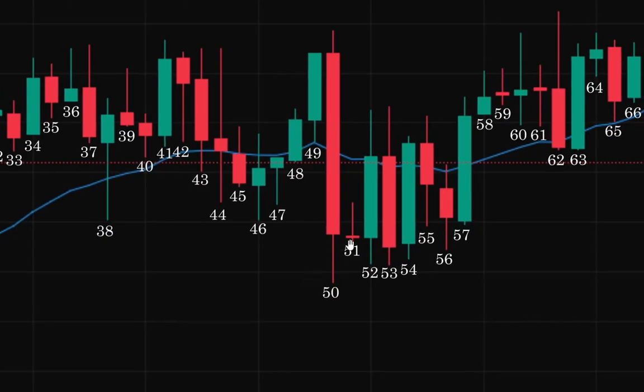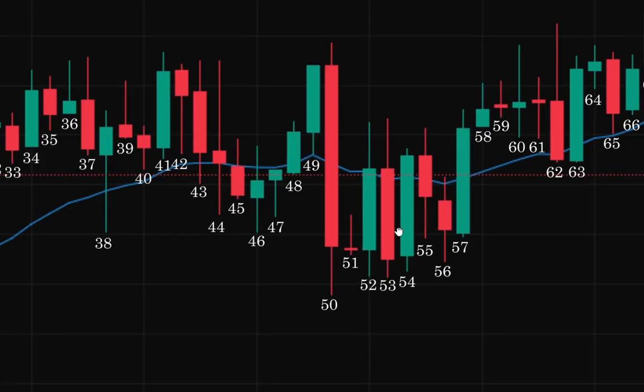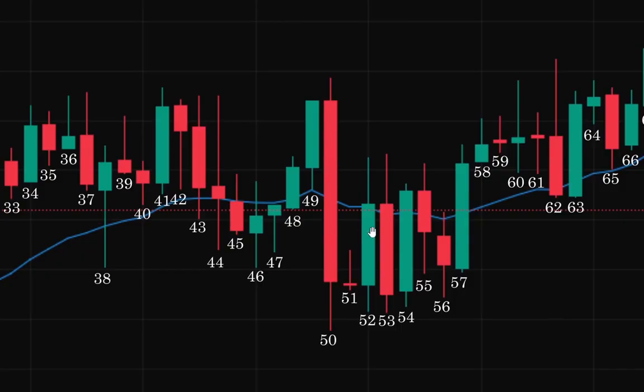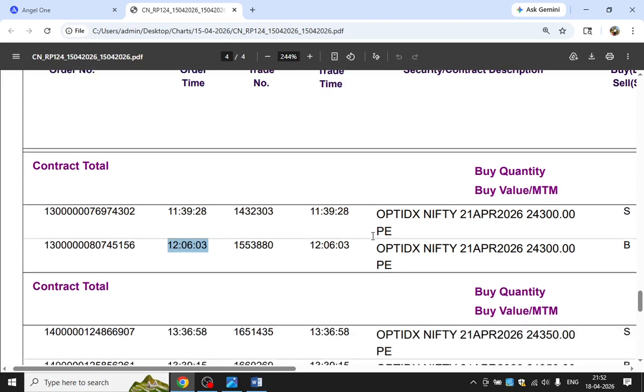Bar 51 didn't go below bar 50, not a single bar over here went below bar 50. Now here the funny part begins, and even the bars over here didn't break the higher bar. Now the real thing begins, that I was caught in this trap. I thought that this is a good move and this is a pullback, and I bought on this 53 bar. Let's see what the setup is.